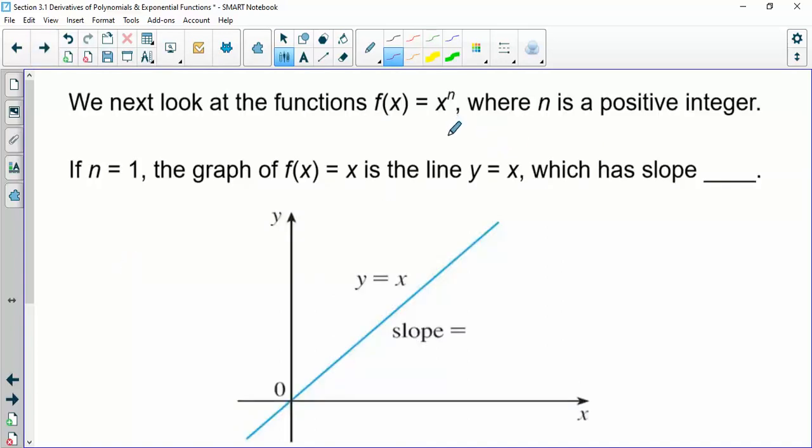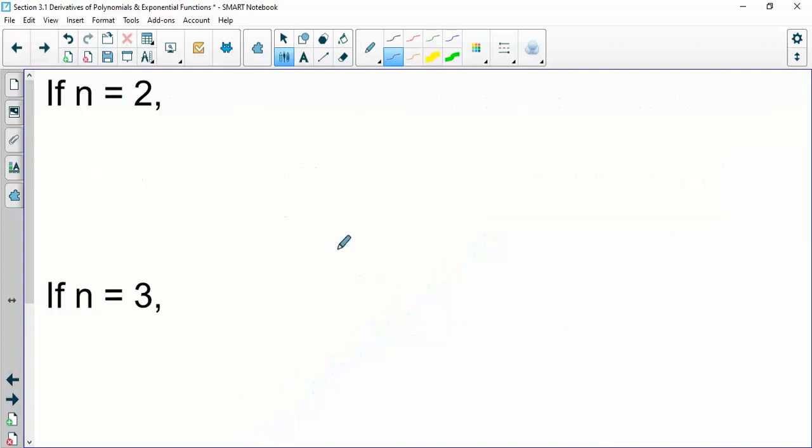So let's talk about power functions, when you have x to a power. If it's just x to the first, what's the slope of this line? Y equals x just has a slope of 1. So that means the derivative of x is 1. Okay. Let's think about if it's 2. So our function is x squared. Then our derivative,